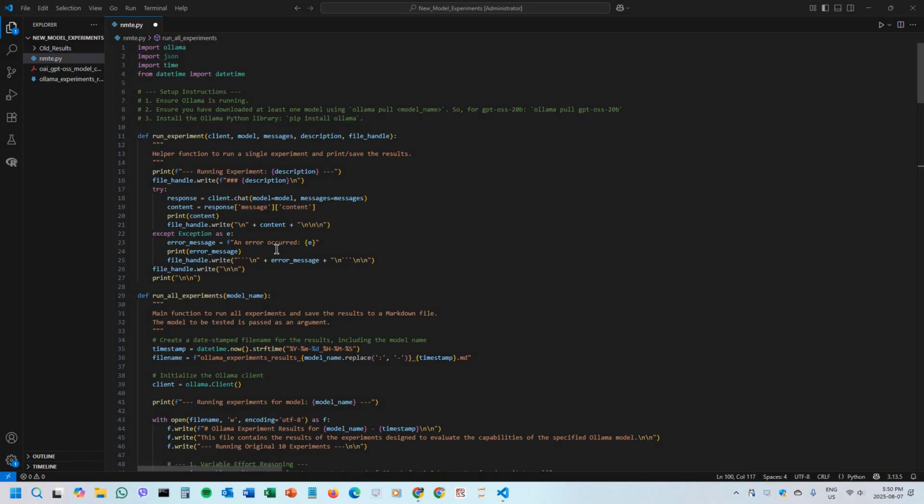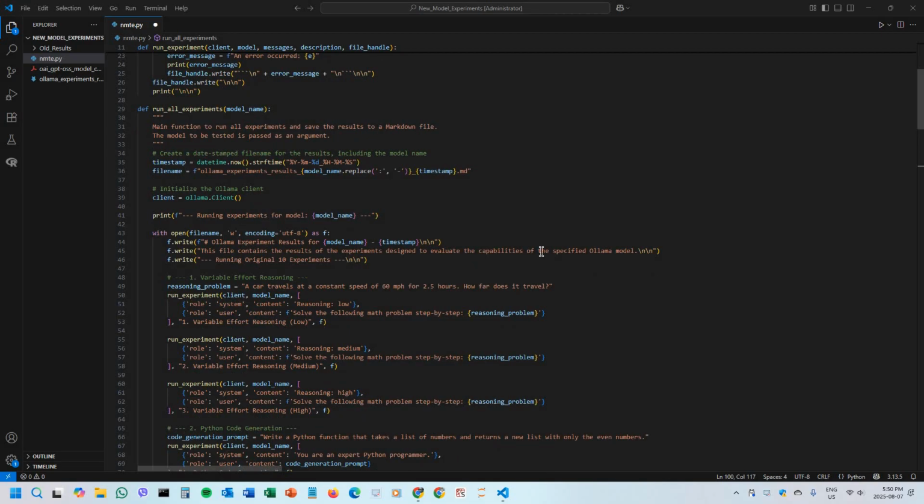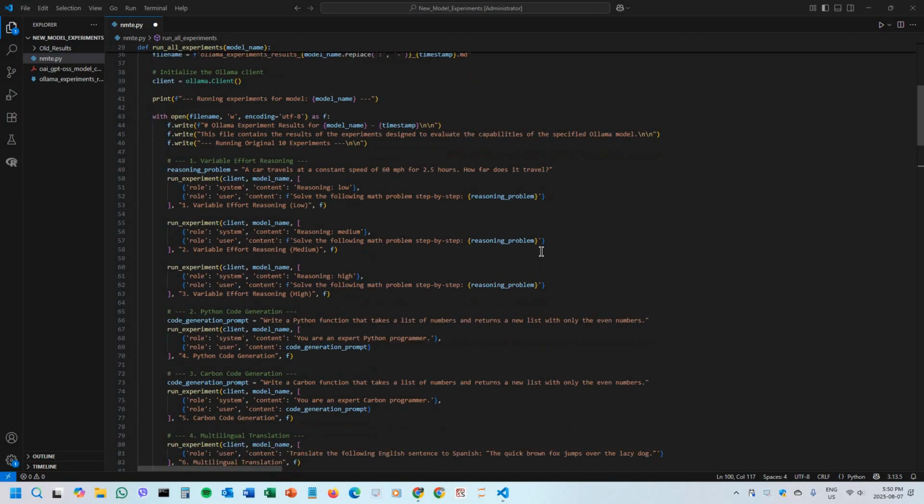And the file handle is there because it's writing the messages that are coming out both to the screen and to an MD file, which is appropriately named. So it's just happening all the time in real time, just appending to this MD file, so you end up with an MD file at the end. Then there's a very simple run all experiments function, which has all the experiments packed into it. In a couple of instances,